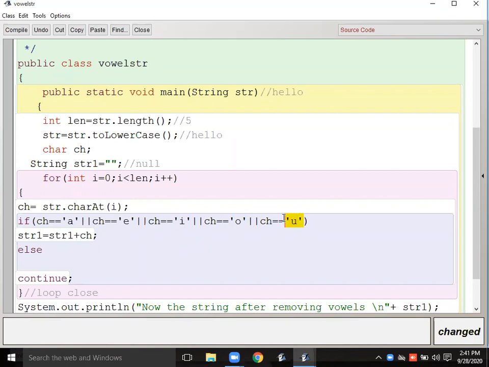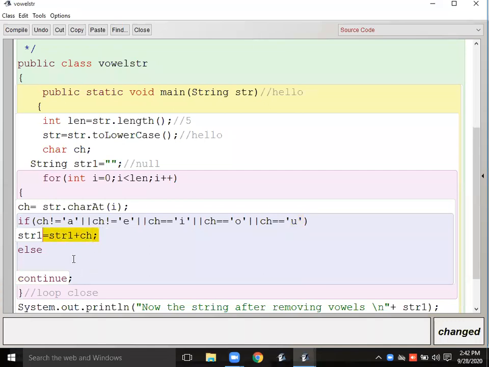So you can check if it is equal to the vowel, then concatenate them, no. To remove them, no. So what we can do, in place of equal equal, we can write not equal. If it is not equal to a, not equal to e, and so on, then str = str + ch, and we can write that in the else part, and here we can write continue.